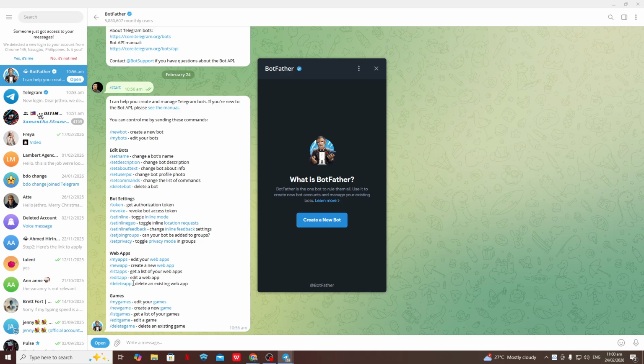After your environment is ready, connect your code to Telegram's API using that bot token. Typically, you'll either use long polling or webhooks. Long polling means your code regularly asks Telegram if there are any new messages. Webhooks mean Telegram sends new messages directly to a URL you provide. For beginners, long polling is usually easier to get started with, especially when running code on your own machine.